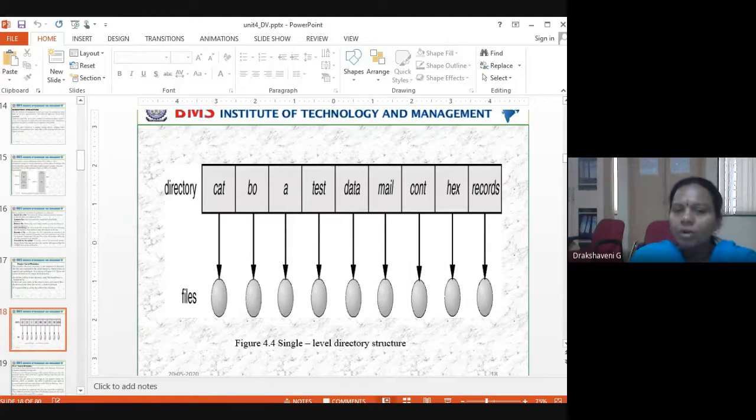So what may be the problem in real time is if you keep all your files, your operating system, your user files, your data structure programs, your Java program, your CN program, everything in one memory, then it will be difficult for you to search also. Not only a searching problem, by chance if you delete any system files, your operating system will go. Along with the operating system, your files will also go. That's the reason it is always safe not to have a single directory.